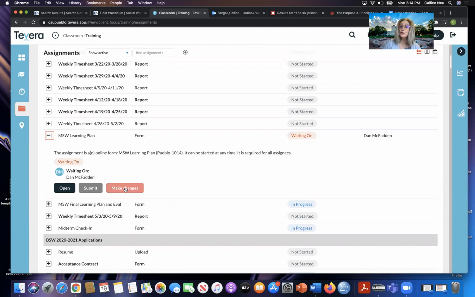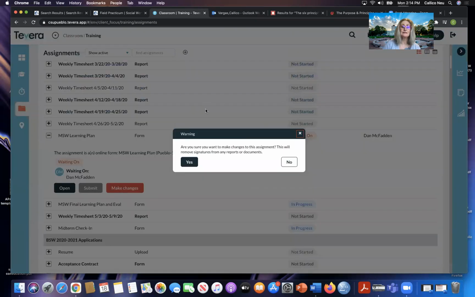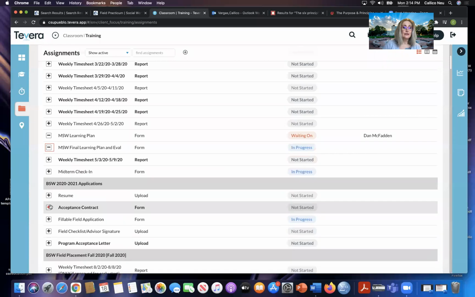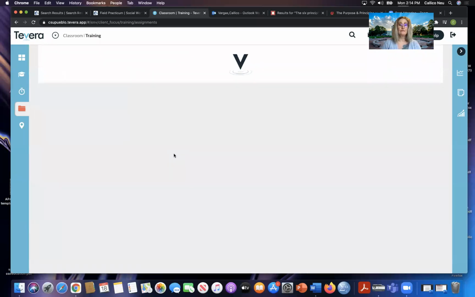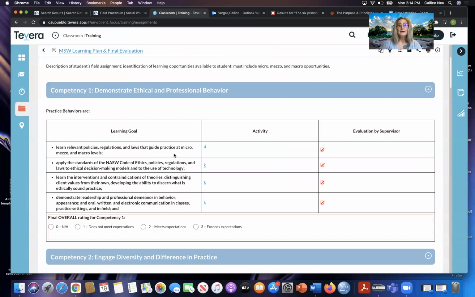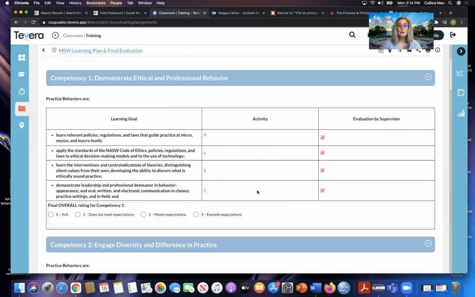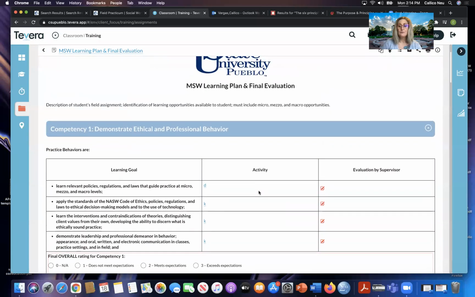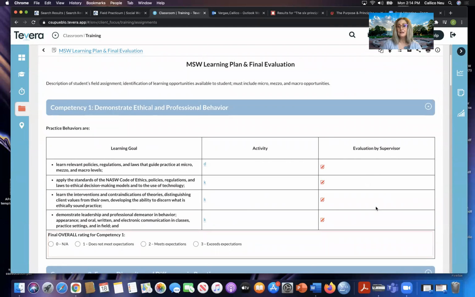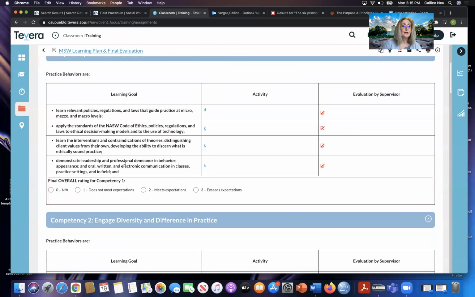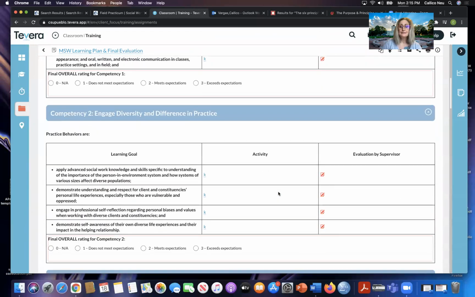So if I do go back and try to make changes, I'm going to get this message. Are you sure you want to make changes? This will remove your signature. No, it will show up over here and you can open and look over the information found here. Every activity you've listed will transfer into your final document, and there's a space in the final document for you also to have comments and things by the supervisor, the field instructor, final overall ratings for the competencies here, and